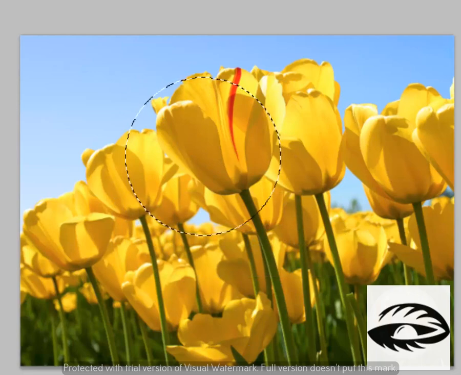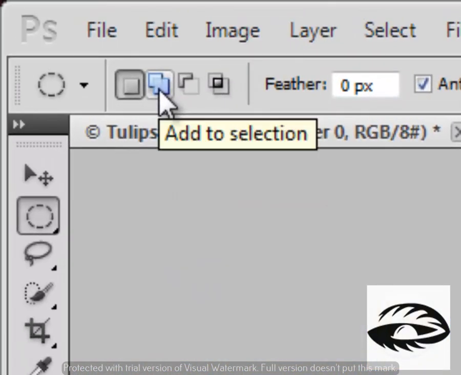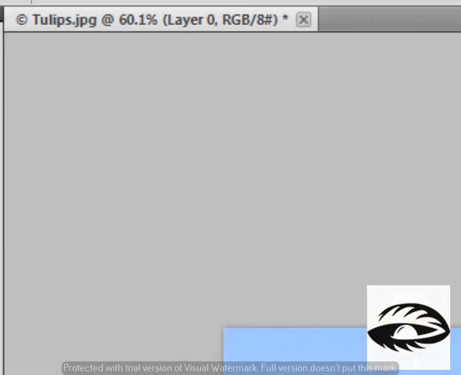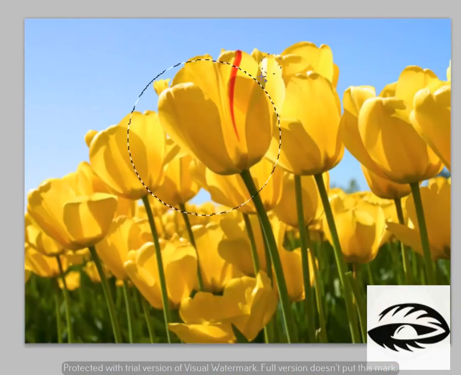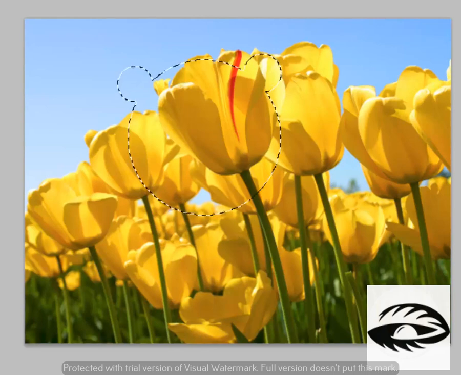Now for example, if you want to add a certain area to this selection, you can come over here, click the add to selection, and then you can make a selection again, and then it will be added. As you can see, it got added to the previous selection.